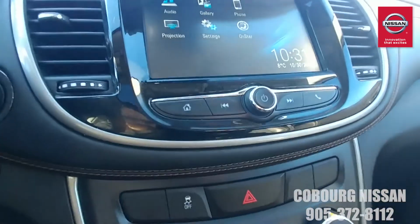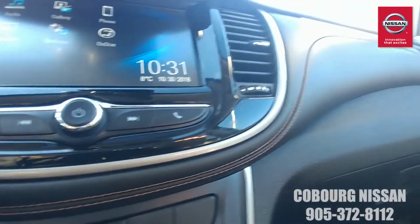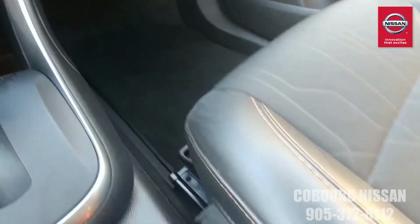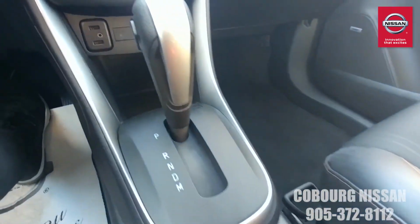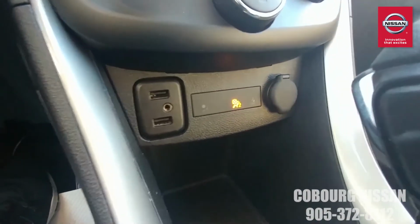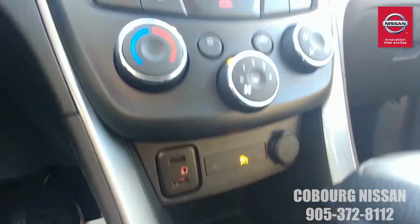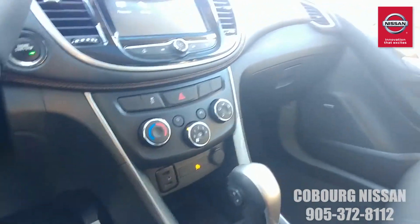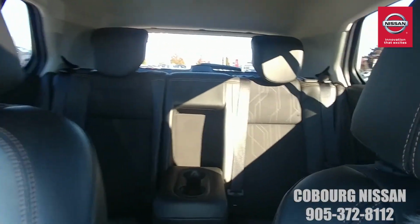And then as we cycle down, you can see here, it's got some really nice accents. It's got that kind of copper stitching that goes up through the dashboard over there, which is continued down here on the seats, and it ties in everything really nicely. You've got your shifter here. In front of that, you've got your dual USB ports, an auxiliary port, and a 12-volt charging port, and then your heating and air conditioning controls over here. So as you can see, it's got everything to keep you powered up, charged up, entertained. Give you a look at those back seats again. And again, like I said,